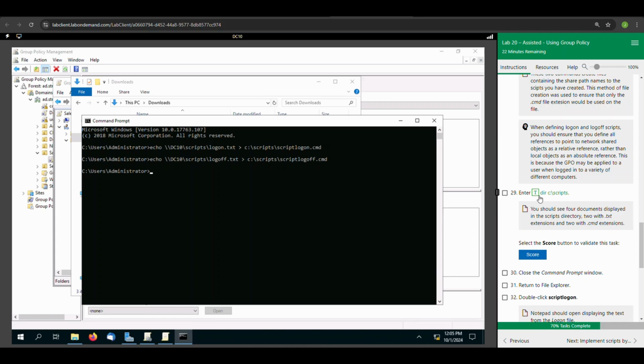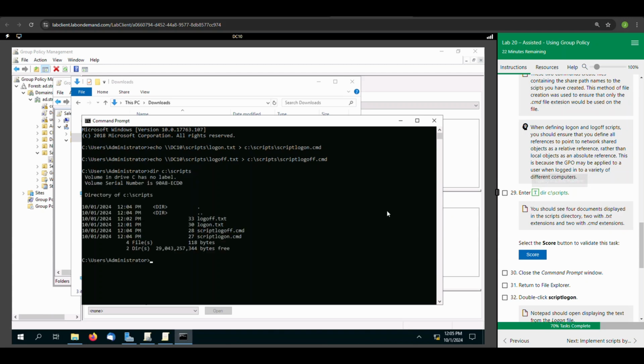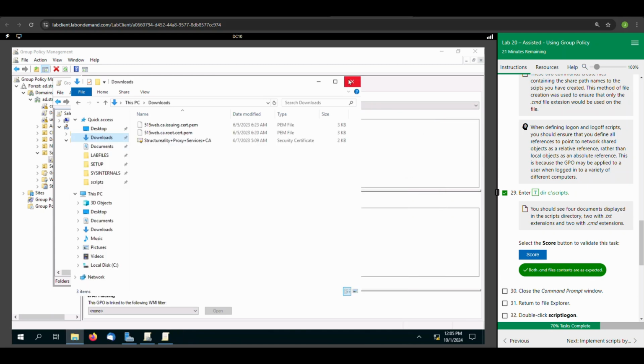And so now we want to type in dir space c colon scripts. And this is to show the contents of this. And we could see that we not only have our logoff.txt and our logon.txt, but we have the script logoff.cmd and the script logon.cmd. Okay. And we're going to click score so that we could score this lab. Okay. So we can close the command prompt window